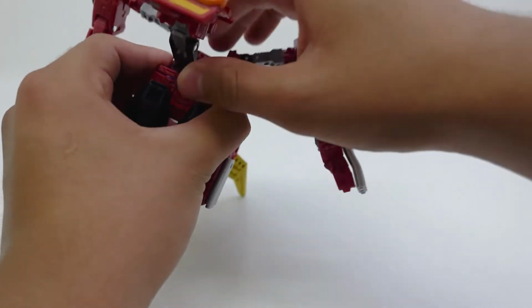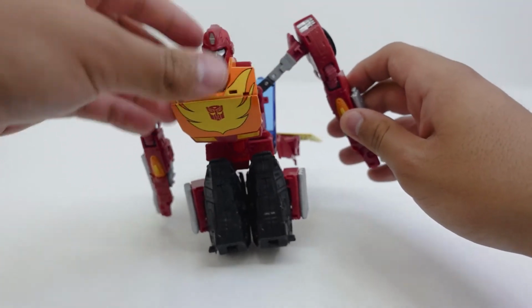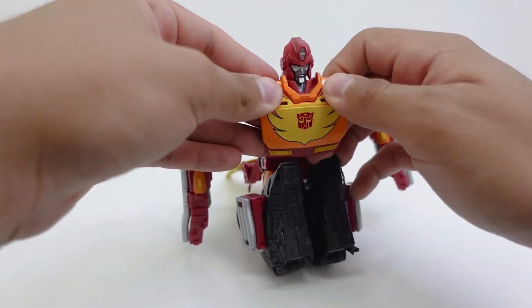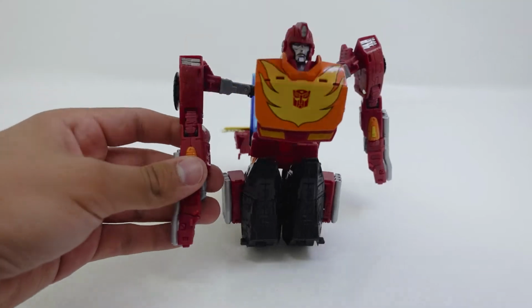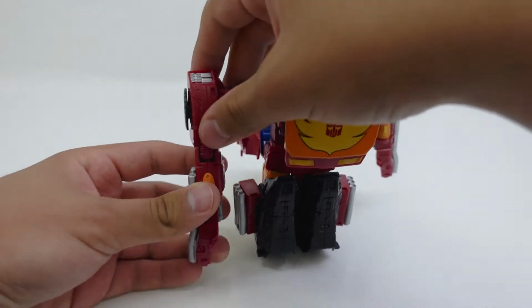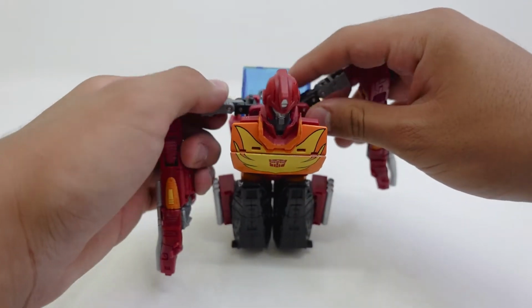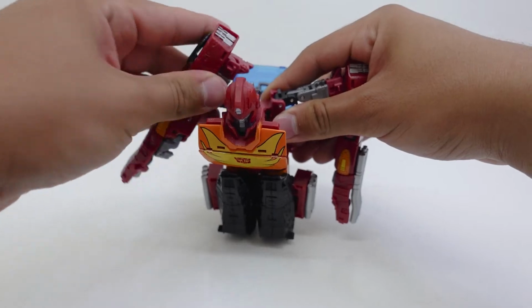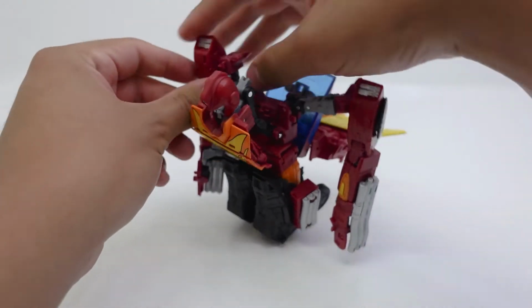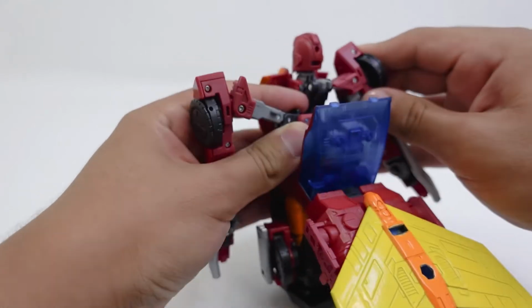And then after that, just make sure Rodimus's chest goes back right there. Unlike the Studio Series Hot Rod that had a fake hood and a fake chest, where the hood was not the chest that showed up, this one, the chest right here is the hood. So I really do like what Hasbro did and how they improved in Hot Rod. And this is technically kind of an evolution of how Hot Rod has been